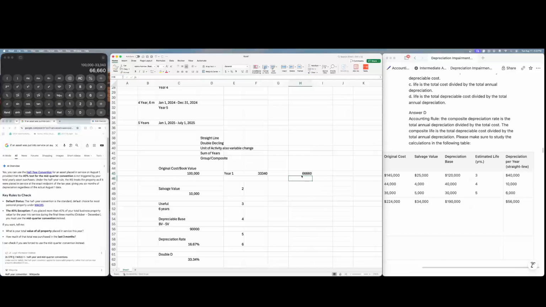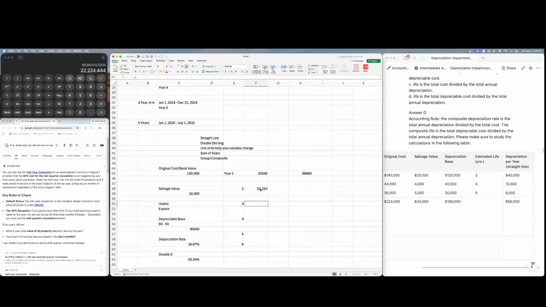Then to calculate the next year's depreciation, you would multiply the double declining rate by the new book value. Each year will be different, and the new book value gets multiplied again,